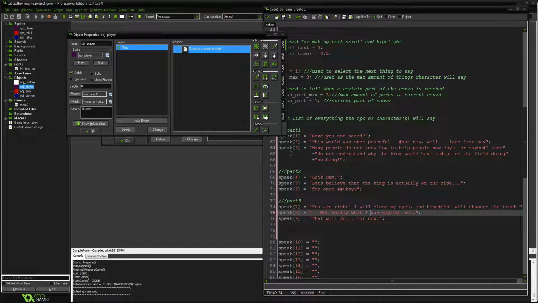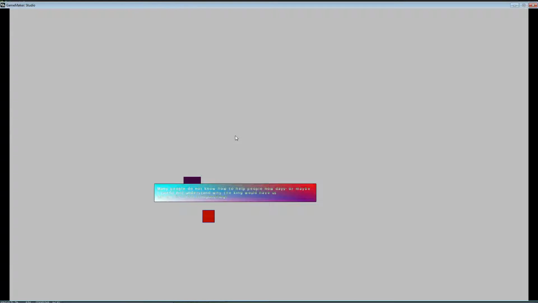There we go, so here's our player, and he is moving. So I am pressing E. I'm pressing R, nothing is happening. Let's move over. I'm pressing E, because E is to start the conversation. And, ooh, have you not heard? This world was once peaceful, but now, well, let's just say, when many people do not help each other, and just so you can see, it is right here, when people are there. So the break is coming up. It should actually pause. Player should be able to move around. Now, if you notice, I am still able to move around.